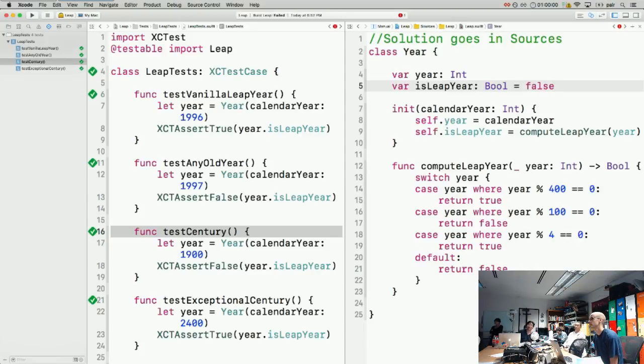Gotcha. Did that answer your question? Do you have another question following that now? No, not immediately. The super is only used if that class inherits from a base class, but it's not. So the base class would have to include leap year, is that what you're saying? Yeah, leap year, line 5. But that's just a very